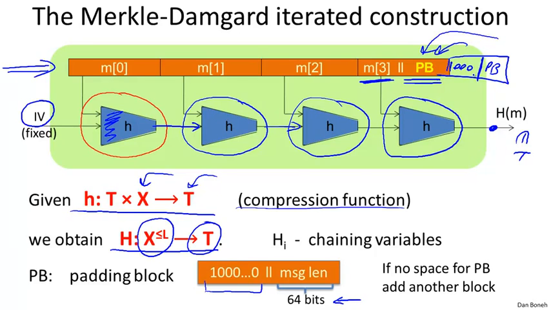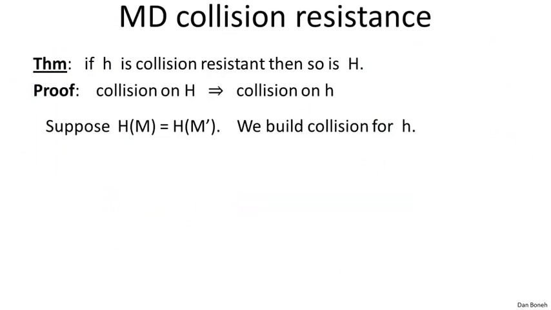The last piece of terminology I'll say is that we have these chaining variables. So H0 is the initial value, H1, H2, H3 up to H4, which is the actual final output of this hash function. So as I said, all standard hash functions follow this paradigm for constructing a collision-resistant hash function from a compression function. The reason this paradigm is so popular is because of the following theorem, which says basically that if the little compression function is collision-resistant, then the big Merkle-Damgard hash function is also collision-resistant. So in other words, if we're going to build collision-resistant functions for large inputs, all we have to do is just build compression functions that are